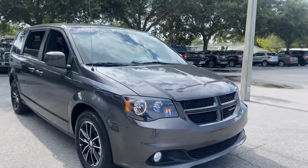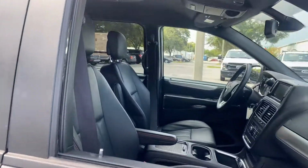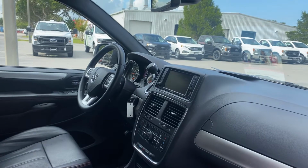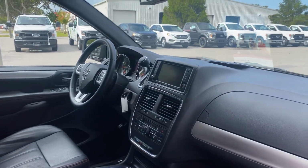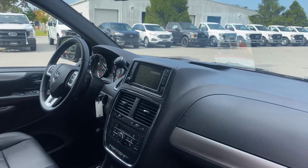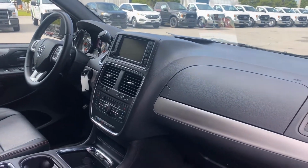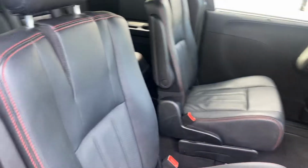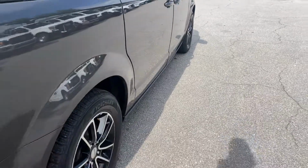This is a 2019 Dodge Caravan GT, gray over black leather interior, power driver's seat, power windows, locks, heated power mirrors, leather wrapped steering wheel, cruise control, HomeLink for your garage door, Bluetooth for your cell phone, satellite radio, electronic climate control, heated seats, heated steering wheel, captain's chairs in the second row, dual power sliding doors, aluminum wheels,